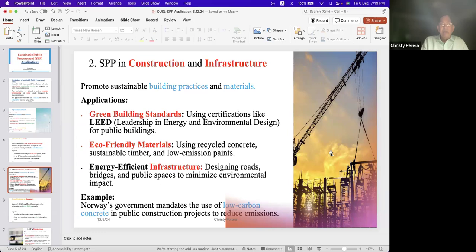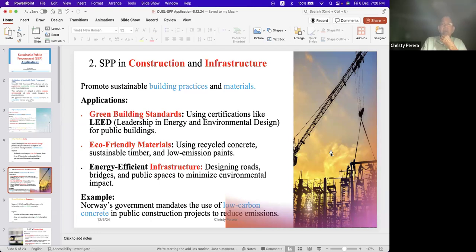Eco-friendly materials. Materials also the same. Cement, concrete, timber, low emission, less chemical, low emission paints. In paint production, the carbon dioxide emission is very low. And I told you about the timber also. Timber has some certification towards that. I explained it under eco label. Sometimes it might be put here also.